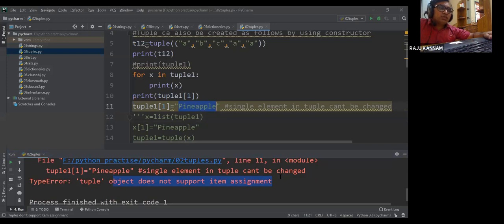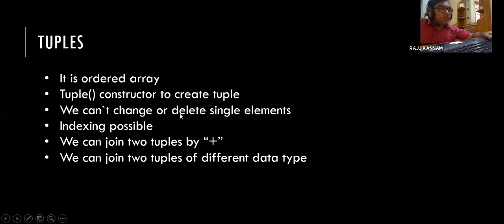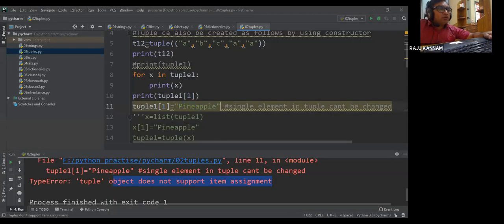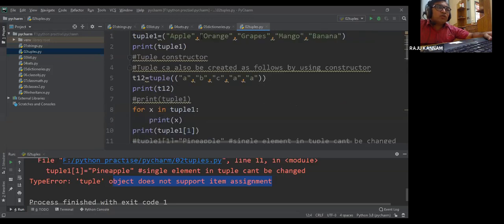That is what we have seen in our PPT: we cannot change or delete single elements in a tuple. This is giving an error because this is not possible in a tuple. Still I want to change. I don't want orange here, I want to change it to pineapple.